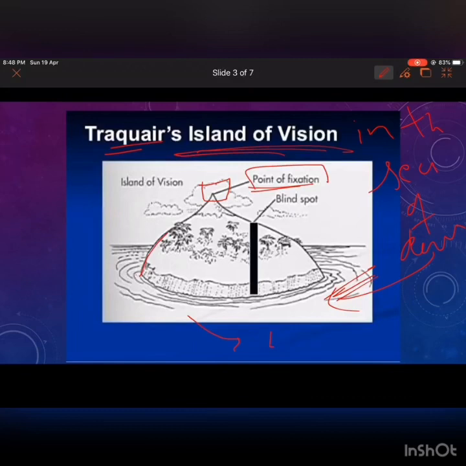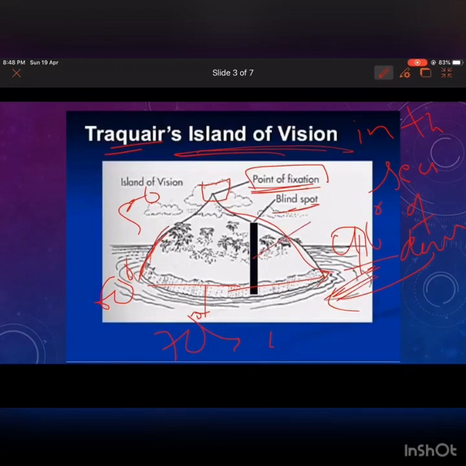For example, on the temporal side you will have 90 degrees field of vision, and on the nasal side it is around 60 degrees. Superiorly you might have 50 degrees, and inferiorly you might have around 70 degrees. So this is the area of field of vision. The maximum is at the point of the fovea. In all the other areas peripherally it will decrease. And there is an area called the deep well, the blind spot area, where decibel is 0, or the sensitivity is 0.